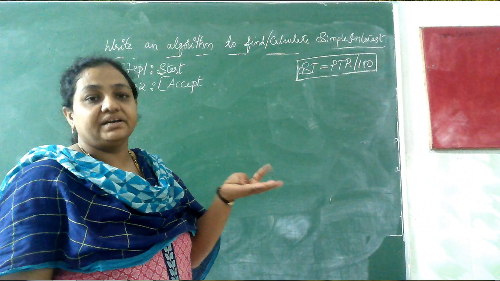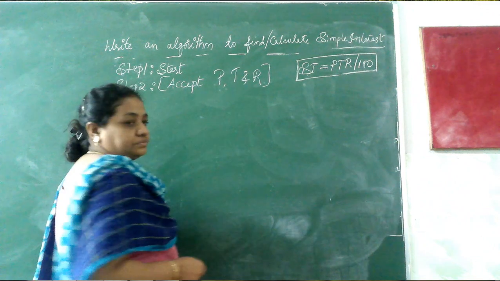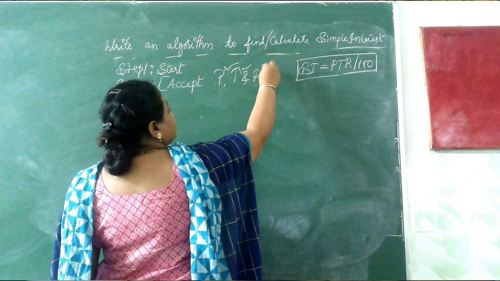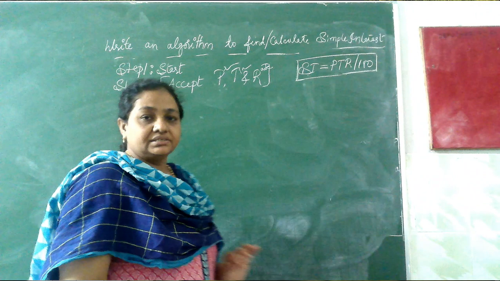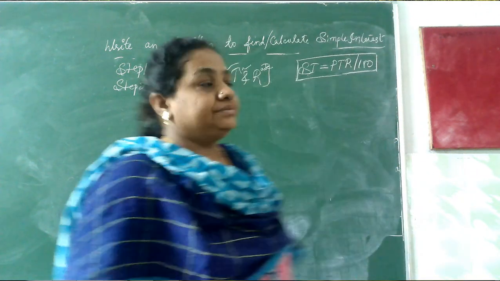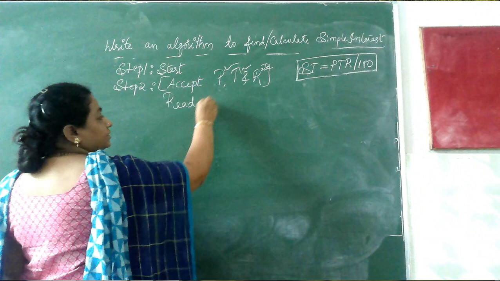So, the right part of the equals you have to input. Left part you have to calculate. So, this is left part and this is right. Right you have to input, left you have to calculate. So, the area was pi r square. So, we inputted r, that is radius, and then we calculated a.